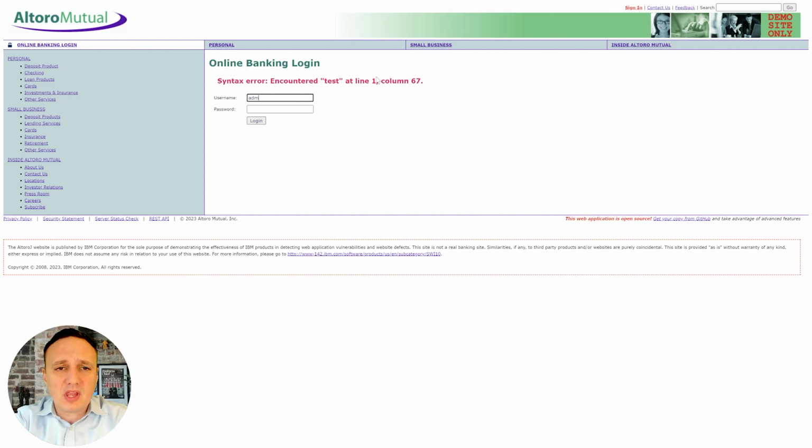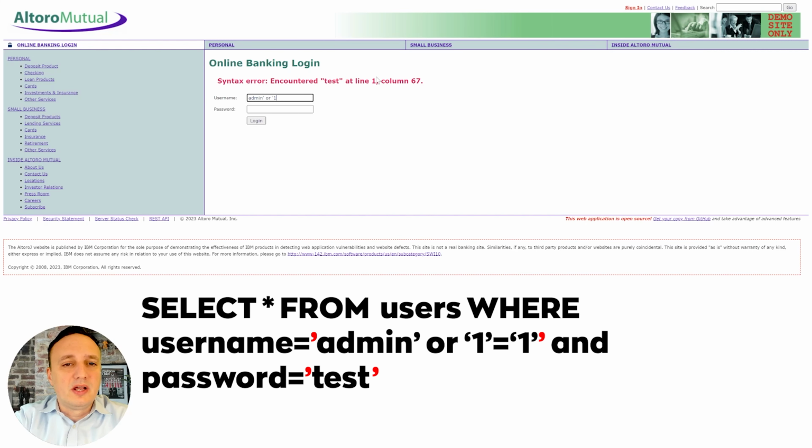So if we take a look here and we do admin single quote, and then you do or 1 equal 1, which is always true, obviously, and then you add whatever password you want to type. What's going to happen here is same error.